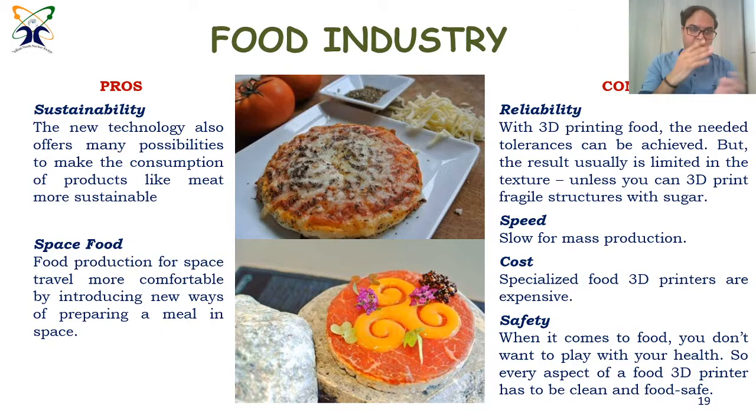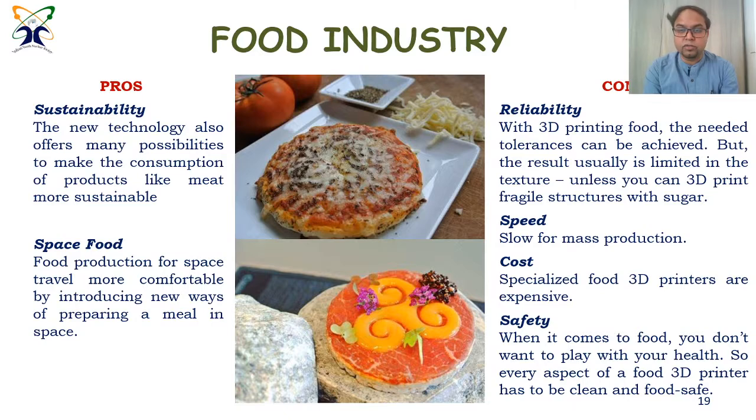So it has some pros and cons, of course. The pro is that it has more sustainability, like you can use meat or something in a more sustainable manner. The wastage and everything is pretty less. You can use it very efficiently, and it is very comfortable to produce for space. So for the astronauts, when they go, it's very easy to print it cleanly, maintain it and send it to them. And the cons are like